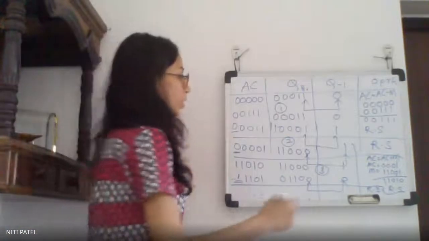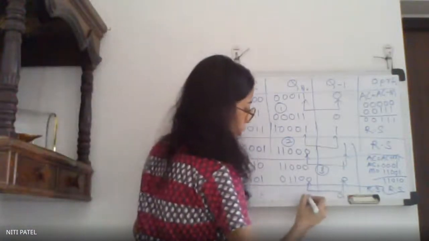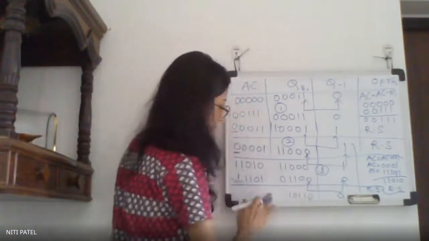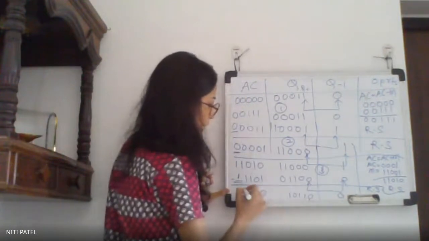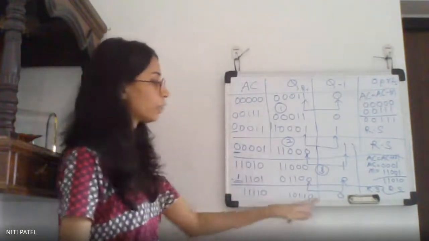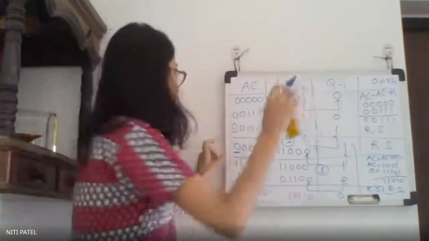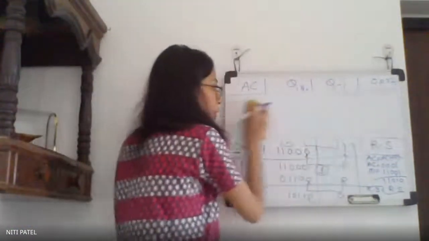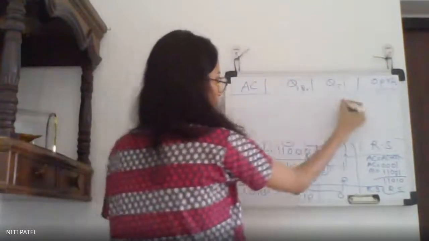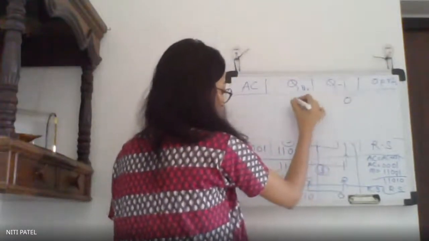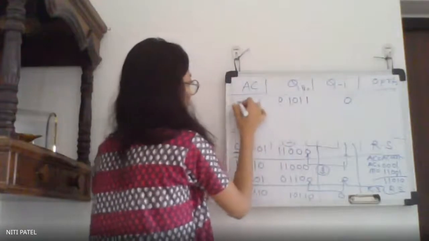What do you get after this? 0, 0, 1, 1, 0, 1, 0, 1, 1, 1, 1. Again, both are 0. What we'll do, simply right shift. So what will be my fifth cycle or the result of the question? 0, 1, 1, 0, 1, 0, 1.